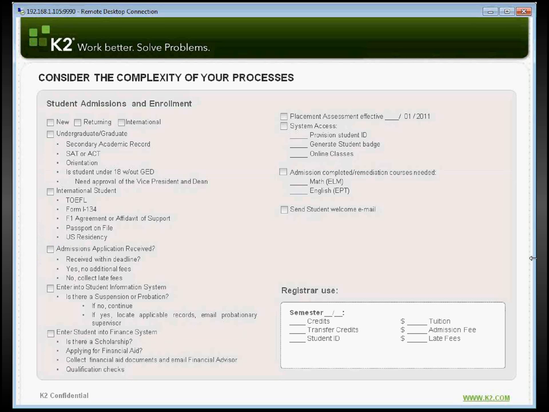There's a number of tasks set for if they're undergraduate. If they're an international student, they obviously have to have their TOEFL scores, as well as the affidavit for financial support. And again, multiple checklists depending on the different areas. This could cross lines between IT as well as through financial aid. So if we look at this checklist and how time-intensive this might be, using K2, you can kind of break